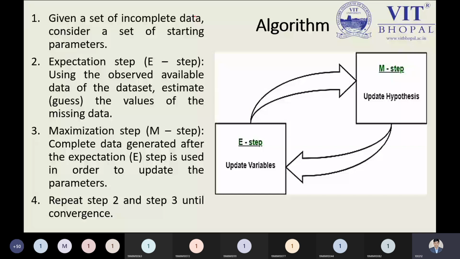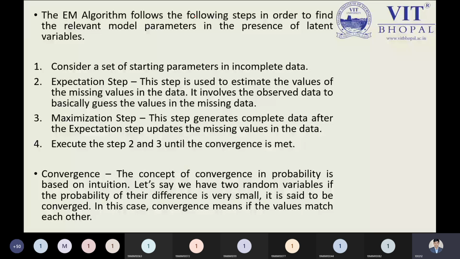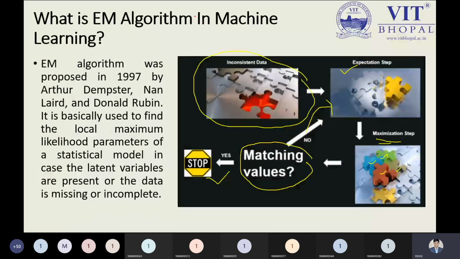Now again, if you move to the theoretical portion, then there will be no sense. I'm just taking this example. See, inconsistent data. What is inconsistent data? One data is filled, but the rest is not filled. This is non-filling data. That is incomplete data because it is not complete data. So we are expecting, definitely we need to fill this one. So what is the approach you are taking? That is a method. After filling this point, we are expecting we will get the maximum result